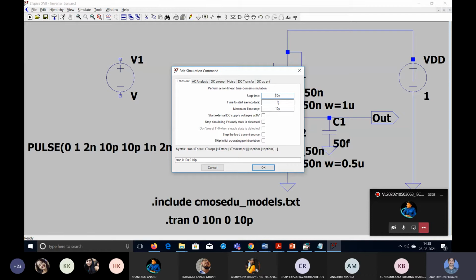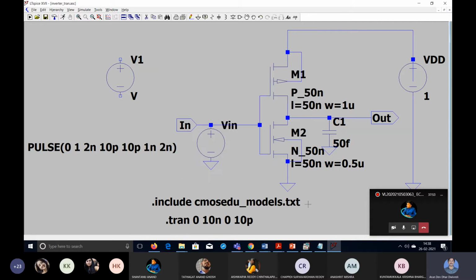So from 0 second, then 10 picosecond, 20 picosecond, then 30, and in this way it is reaching 10 nanosecond, calculating from the program, simulating and plotting. If you click OK and place it here, it is coming like that. If you do all this, then almost all the requirements are completed.